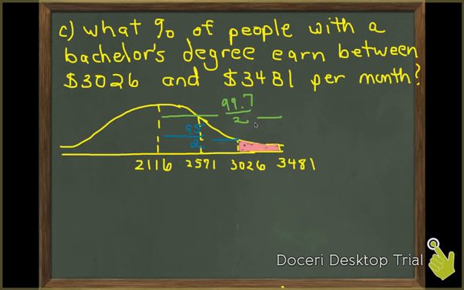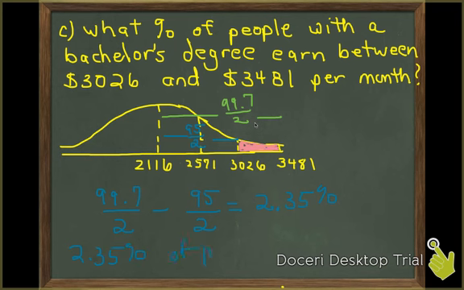So the part that we want will be 99.7 divided by 2 minus 95 divided by 2. All right, that's going to give us about 2.35%. So we would say that 2.35%